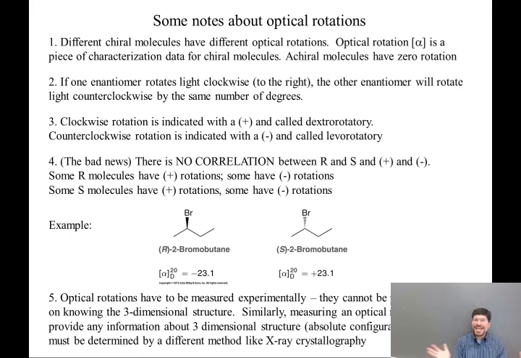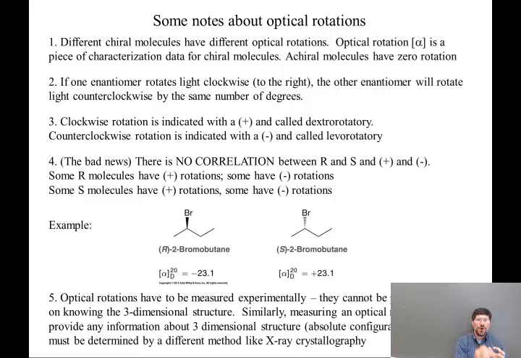Okay, so if you have made a new chiral compound and somehow made it enantiomerically pure, and you know that it has a negative rotation, that does not tell you whether the enantiomer you made is the R enantiomer or the S enantiomer, and you cannot draw a correct structure with dashes and wedges for that compound. You have to use a different method, typically a method known as X-ray crystallography, in order to determine the absolute configuration of that